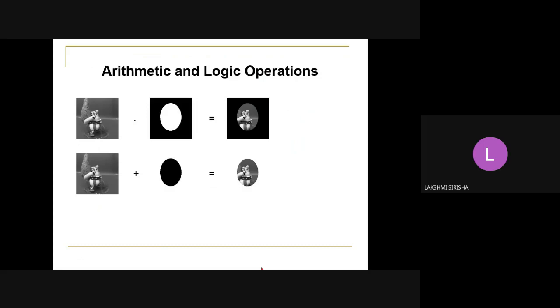Hence it looks like white color. Whereas inside the oval, the value is 0. 0 plus anything gives the same value, right? So in the oval we get the original value, and the remaining values are 255 plus anything, so we get values above 255. Then it looks